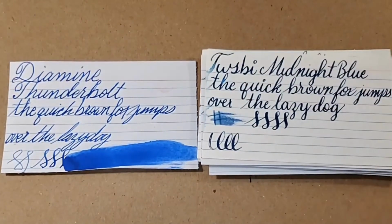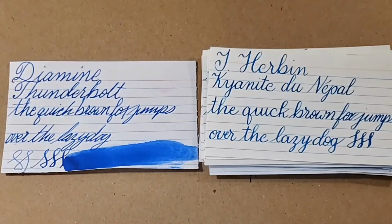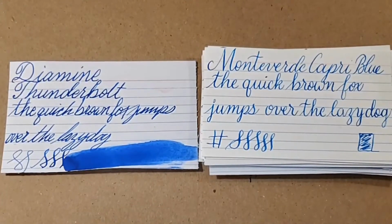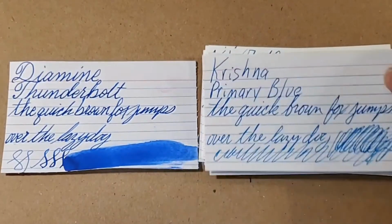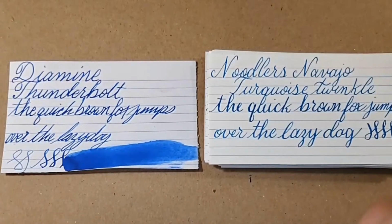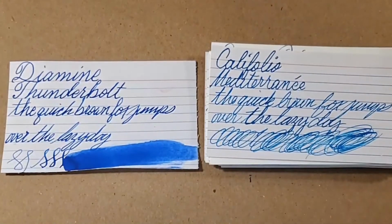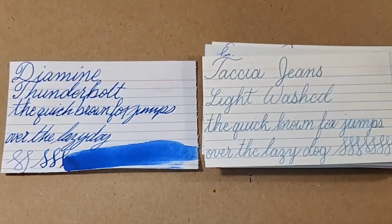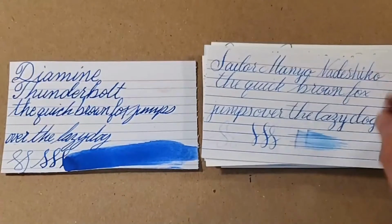Revolution Blue Black, Twisby Midnight Blue, Noodler's Midnight Blue, Jeabon Kainai du Nepal, Diamine Florida Blue, Monteverde Caribbean Blue, Capri Blue, KWZ Hawaii Blue, Freedom of the Starry Skies Blue, Krishna Primary Blue, Noodler's Navajo Turquoise Twinkle, Birmingham Pen Company Angelfish, Cross Blue, Califolio Mediterranean, Lamy Blue, Tasha Jeans Light Washed, Colorverse Cotton Blue, Sailor Manyo Haha, Sailor Manyo